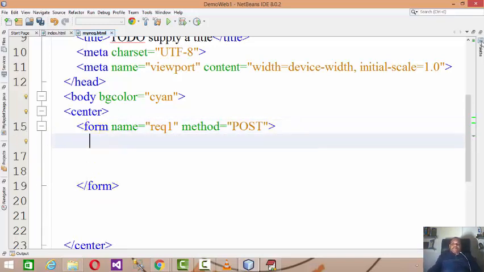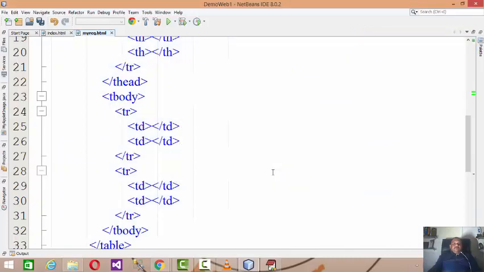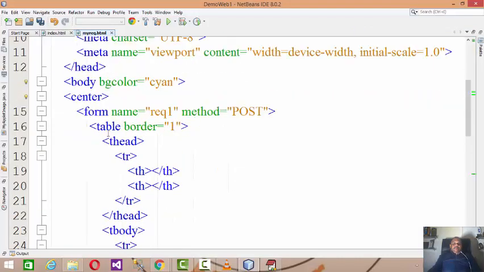Now inside that I'll be adding a table. Alright. Now whenever you are developing a web form, it has to be enclosed in a form tag. The form should have a name, because this form is going to read the data from the user and has the ability to post the data to the server.